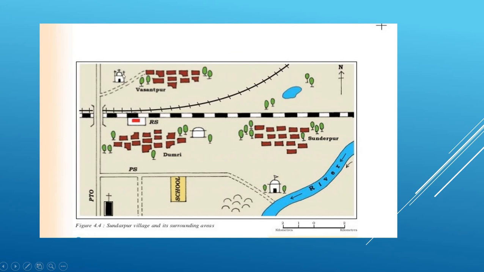The church is to the north, and again the temple, you can see it is to the south. Okay, so this is the mosque, sorry, the mosque is to the north. Okay, so the river is to the south of the railway line, and the post and telegraph office is again to the south. Okay, and the graveyard, this is the symbol for a graveyard, it is to the south of the railway line. Like this you can understand with the help of symbols what it denotes.